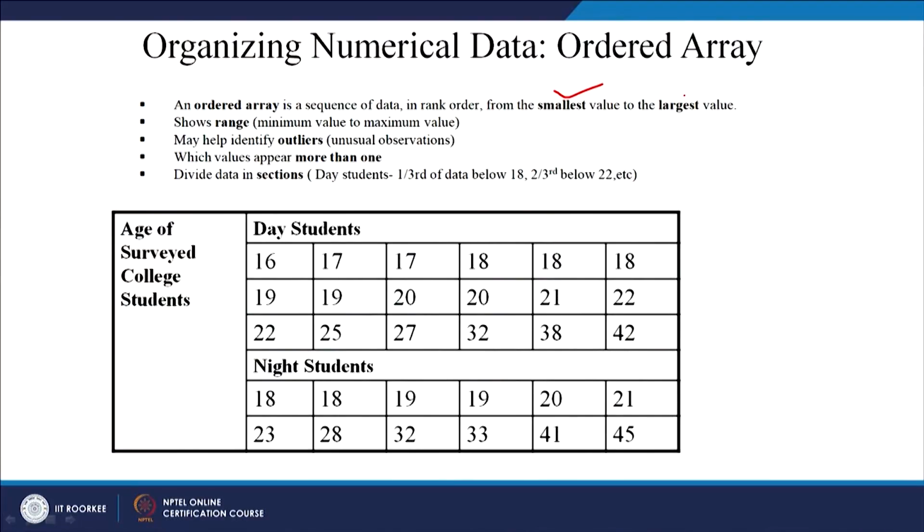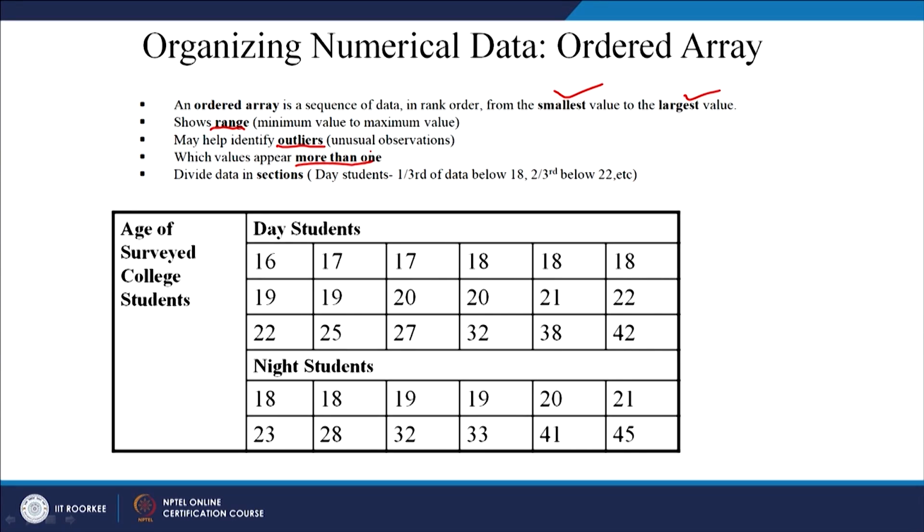There are different benefits of arranging data. If you arrange data, then you will come to know the smallest value and largest value. Once you know these two values, you will also know the range of the data set. An array will help you in identifying outliers, because whenever you collect data, there will always be some outliers, and we will discuss in the next couple of classes what outliers are, how to detect outliers and how to remove outliers. We can also calculate the mode of the data.